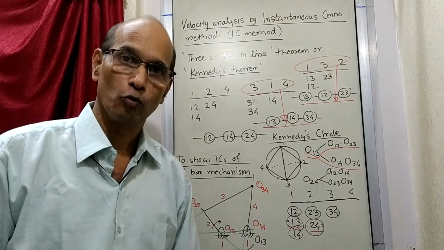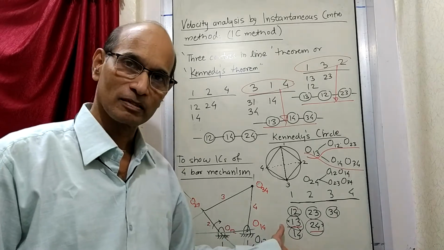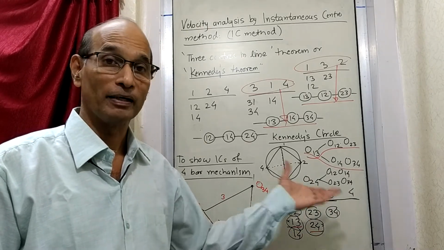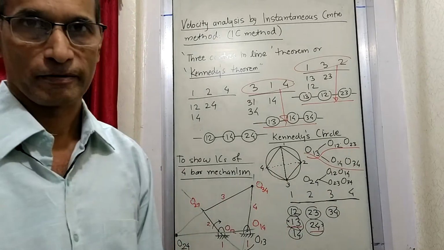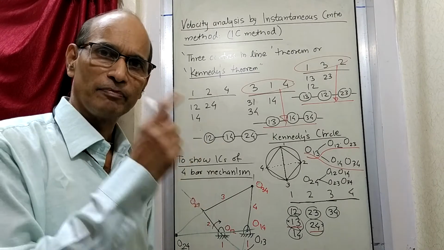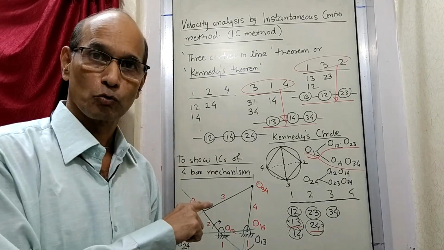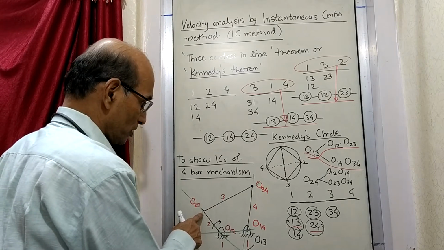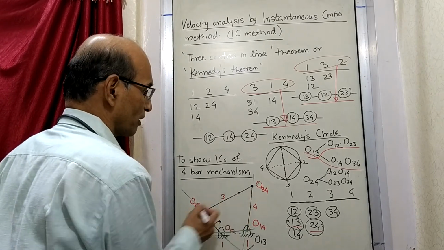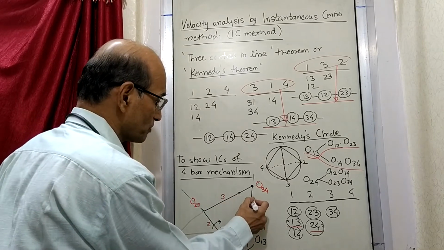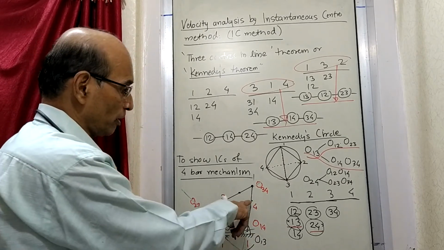Now we want to know what to do with this. How are we going to make use of these instantaneous centers to find out the velocities of various points? If you remember what we had done in the polygon method, the same thing we should be able to do by this method also. What we had done there, we were in a position to find out the velocity of this point. Suppose somebody gives us a point here, we know how to find out the velocity of this point.